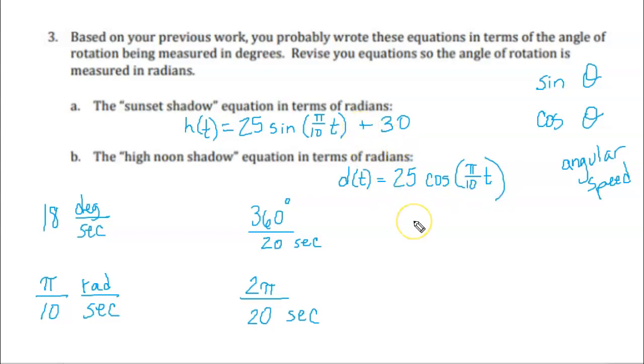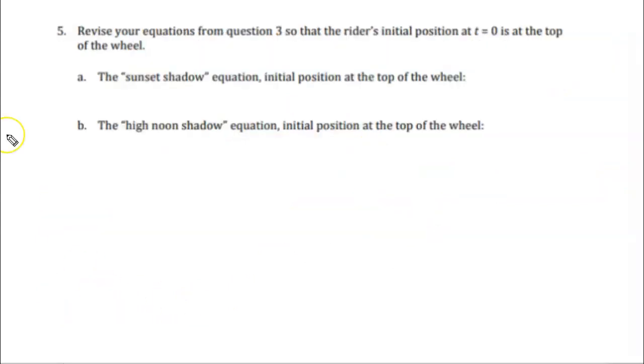And so the equations didn't change that much. We just needed to change the angular speed. Revise the equations from question 3 so that the rider's initial position at t equals 0 is at the top of the wheel. Now, if you recall our Ferris wheel,